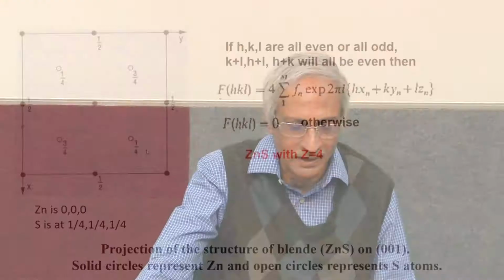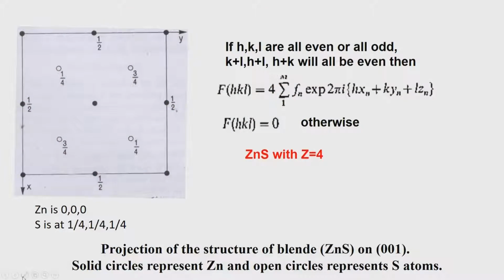So, when one solves this structure, we will take the solved structure so that we can illustrate the occurrence of the systematic absences very clearly. So, when we solve the structure and we show the projection of the zinc blende, zinc is at 0 0 0, sulfur is located at 1/4 1/4 1/4. So, zinc is at this position. This zinc appears at the end of the a axis as well as the end of the b axis, and then it also appears at half the distances along the axis, and then the sulfur, because we are already checking out that zinc sulfide is face centered.